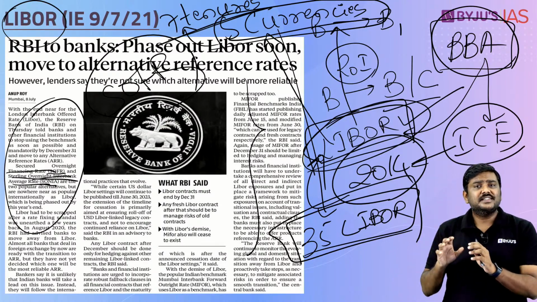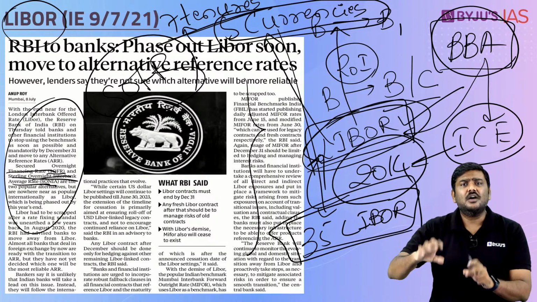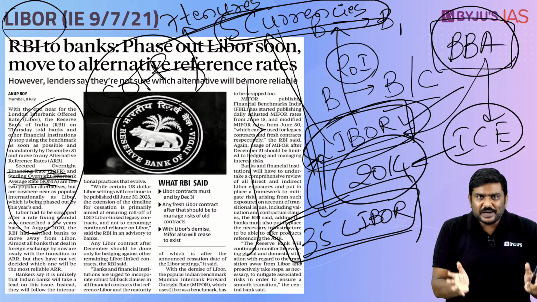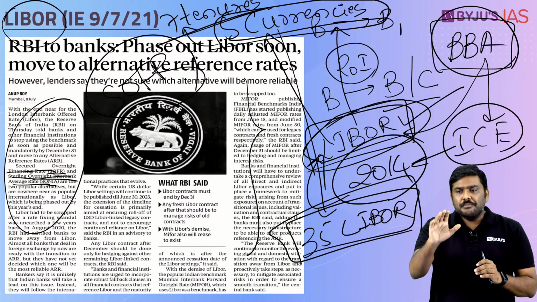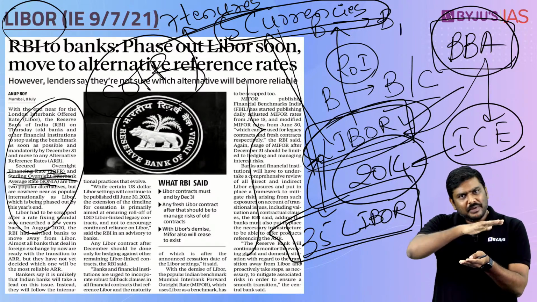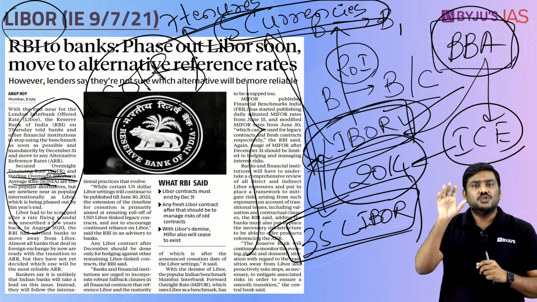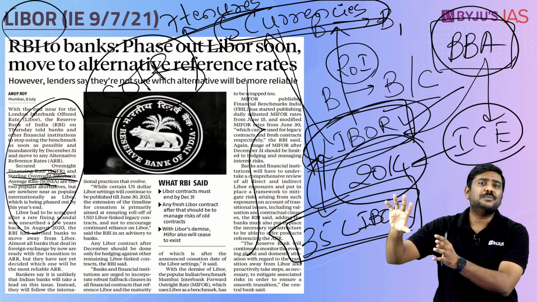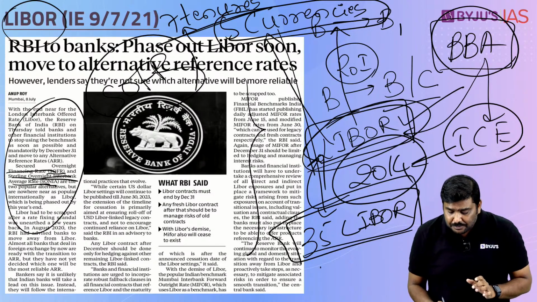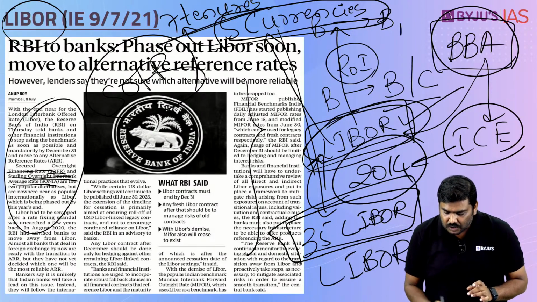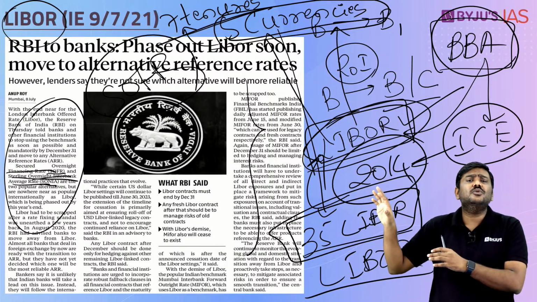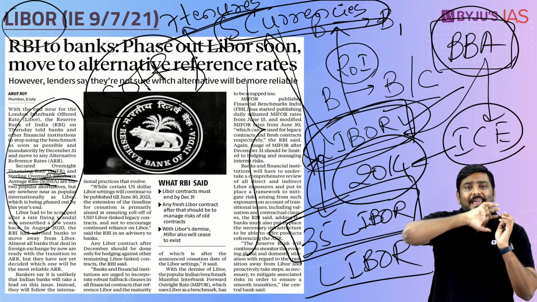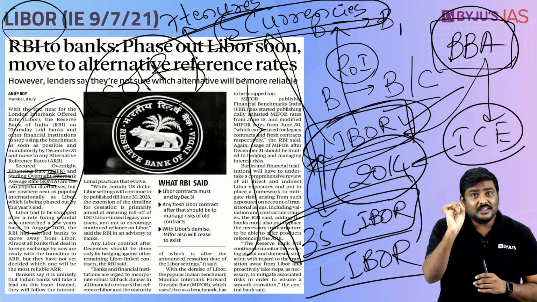Many of the experts are basically saying these two are not as popular as LIBOR is. So in this article, what RBI is telling is that many of these banks are still using LIBOR for many of these financial transactions. So RBI is saying, please do not process any of these transactions where LIBOR is actually involved, because post 2021 we want to discontinue the usage of LIBOR. So please do not entertain any of these contracts, any of these agreements which are referencing a LIBOR.